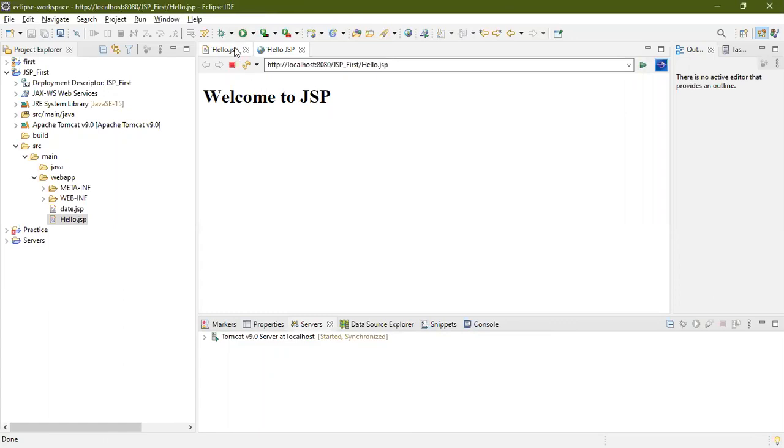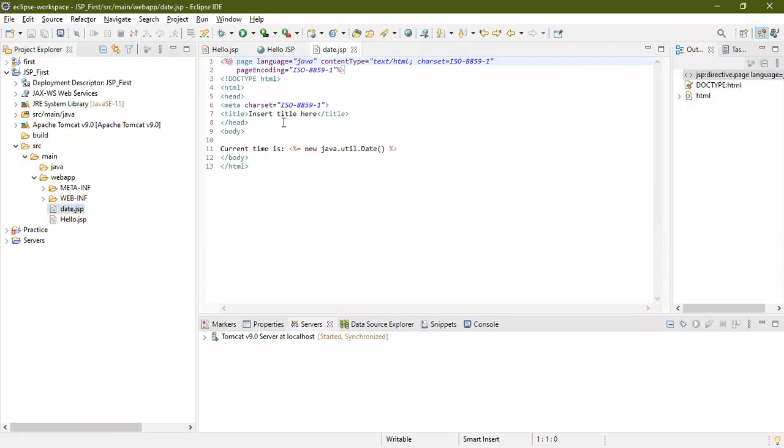I have another file, like we will execute that one and we will write another simple file, and then I will show you. I have another file, that is a date file. I will open this one. The same code, the same lines of code, is written here.